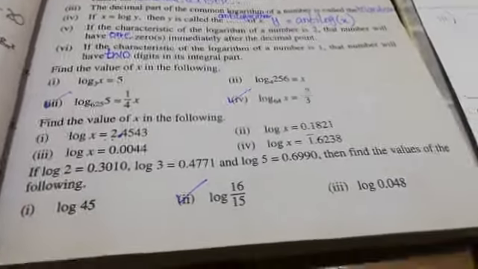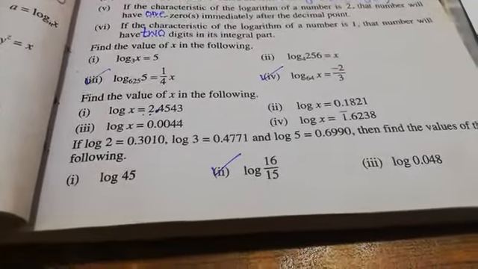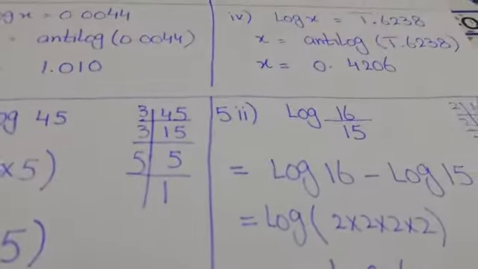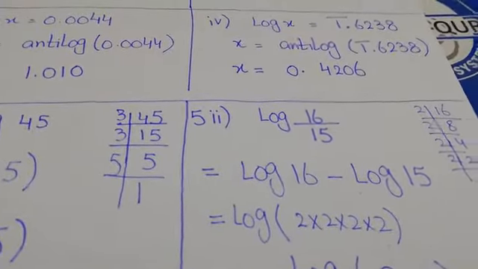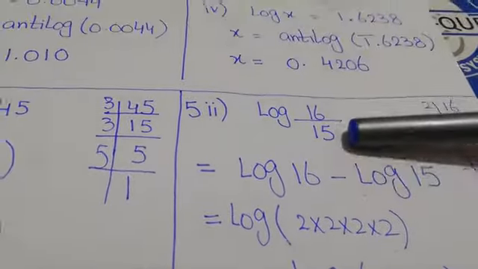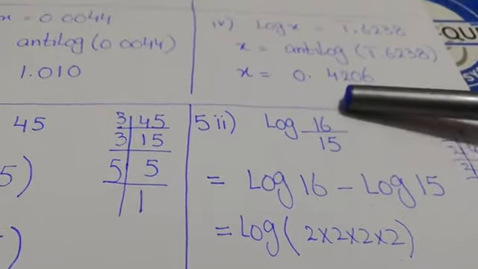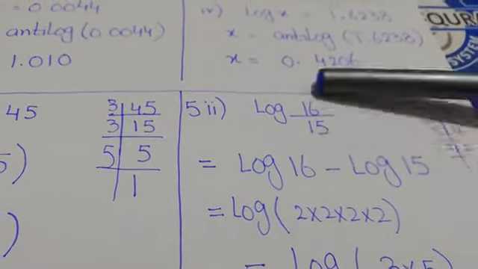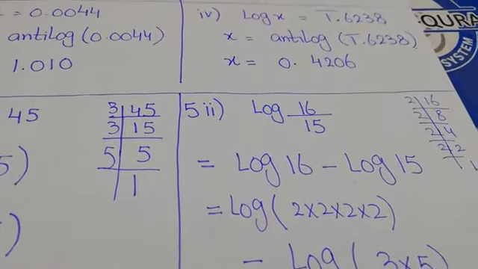So what is the question? In this question, the value of log of 2, log of 3 and log of 5 is already given. And you have to use these values to find the value of other 3 questions. Clear? You don't need any calculator or log table in this question because you have to use only the values of log of 2, log of 3 and log of 5. Let's see the solution.